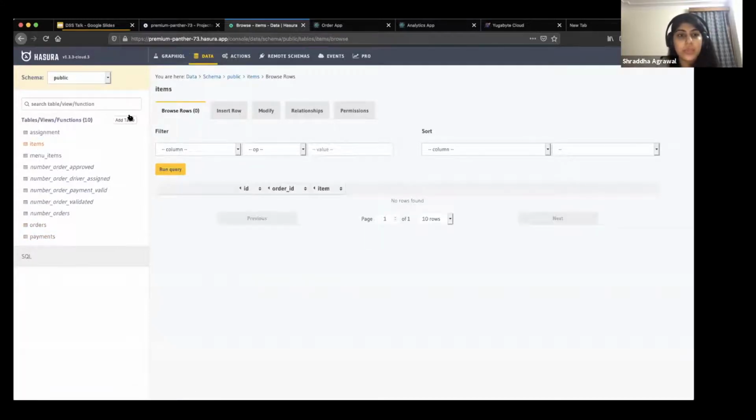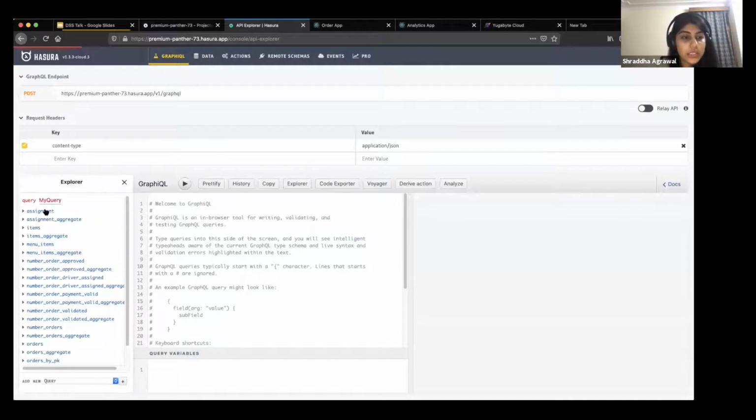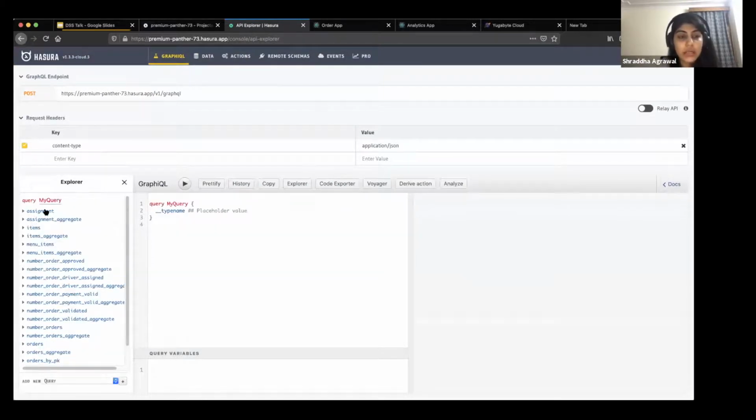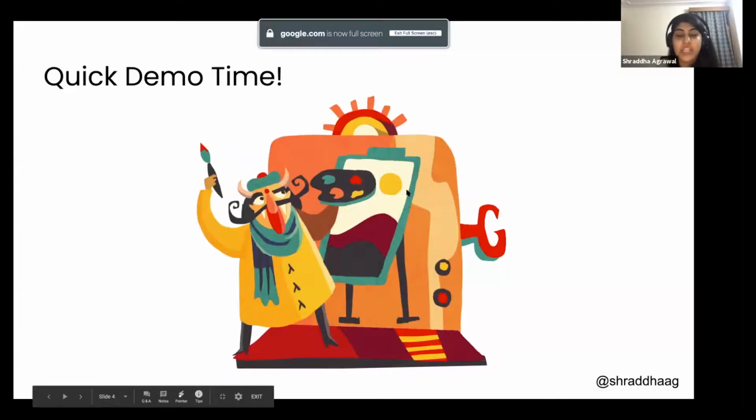And what Hasura did was it gave me a GraphQL API with queries, mutations, and subscriptions built in with just a couple of clicks with the distributed SQL cloud as its backend. So let's go back and see how we can use this to build real world applications fast with scalability.